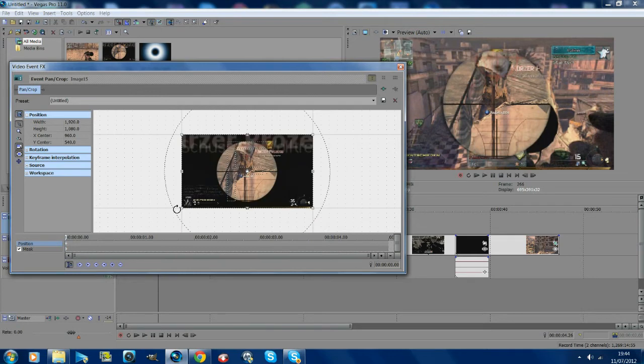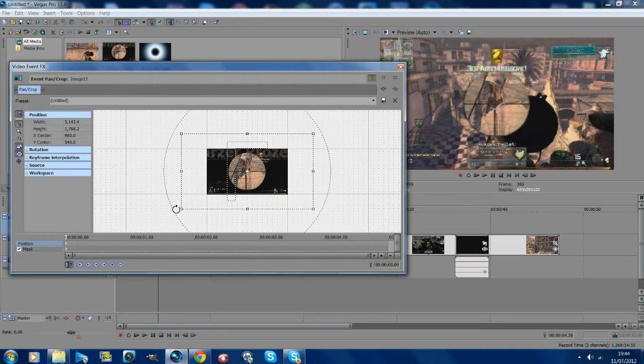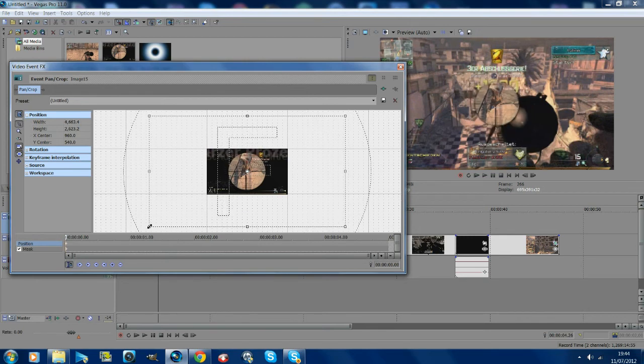And then what you want to do is, at the starting point, drag this out so it's really small, like that, about there. You can see on the screen, it's pretty small. Then the simple thing is to go ahead about as much as you want. I'm going to go ahead about almost, well, just above half a second, and you want to drag this up to